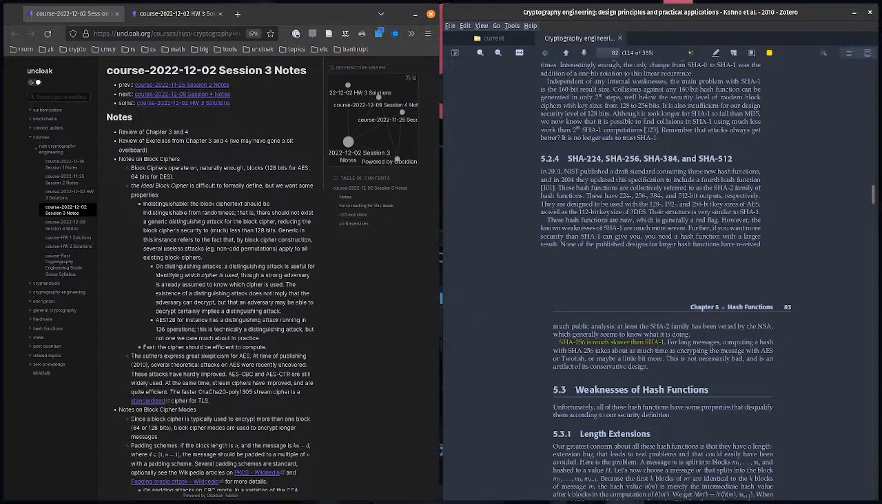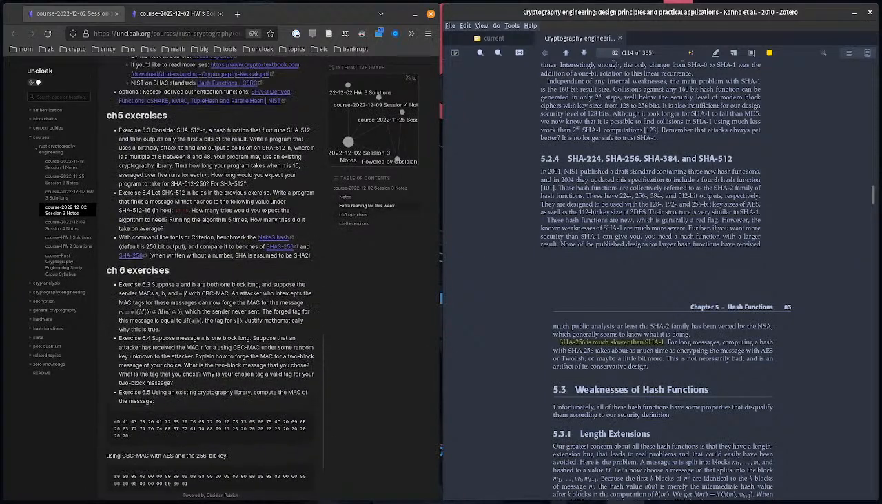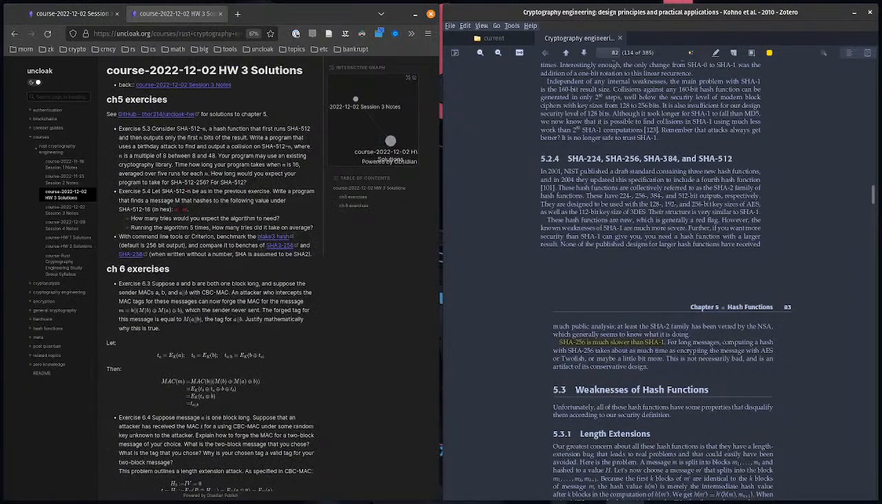So yeah, wandering into the notes from session 3. We had a couple of exercises from this week. The exercises for this week were somewhat split in that Chapter 5 was a little bit more implementation oriented and Chapter 6 was a little bit more theoretical. Running through the solutions from Chapter 3, the Chapter 5 exercises were, let's see,